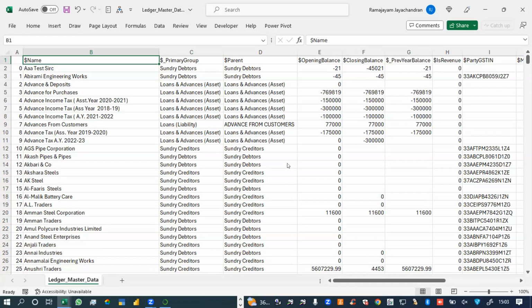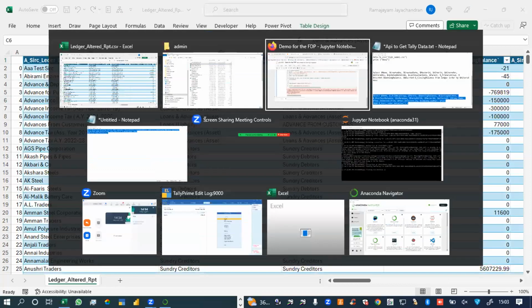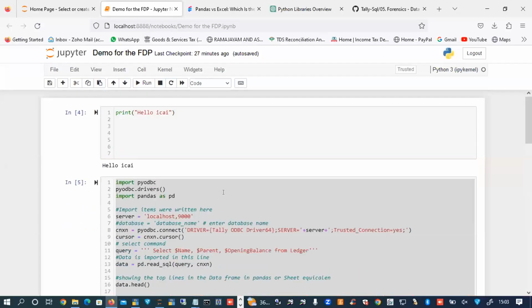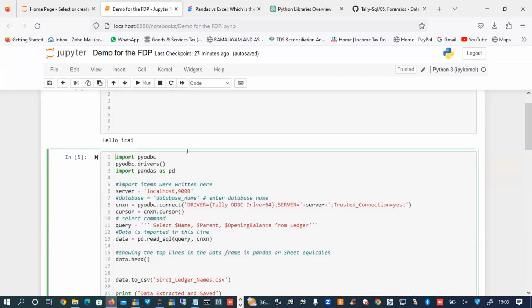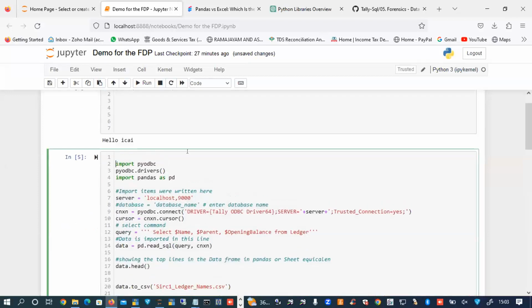So likewise, I will do one more time for the transactional data, sir. I'll put a header here. I'm going to say it as ledger with balance.